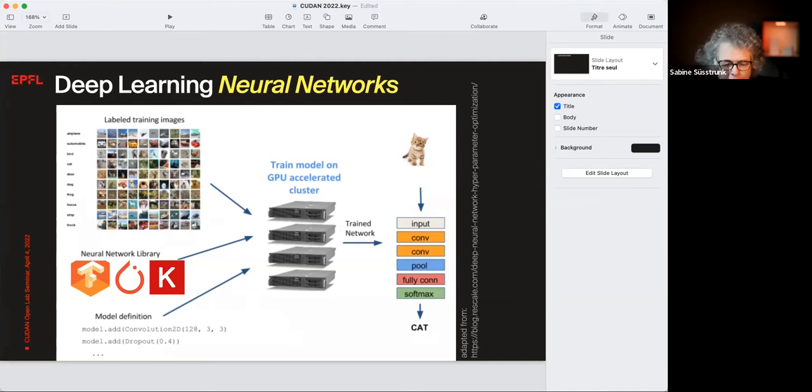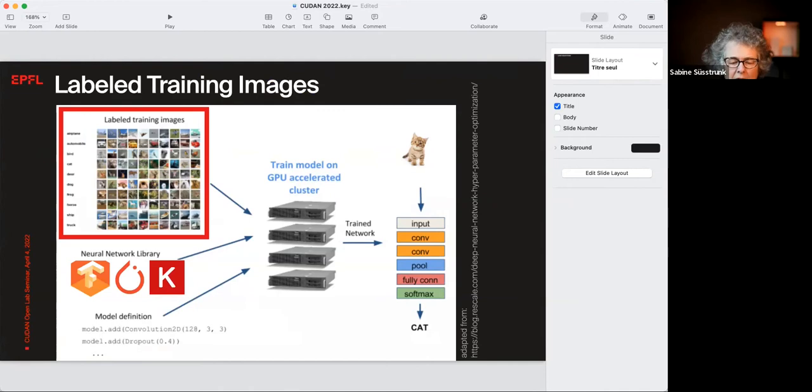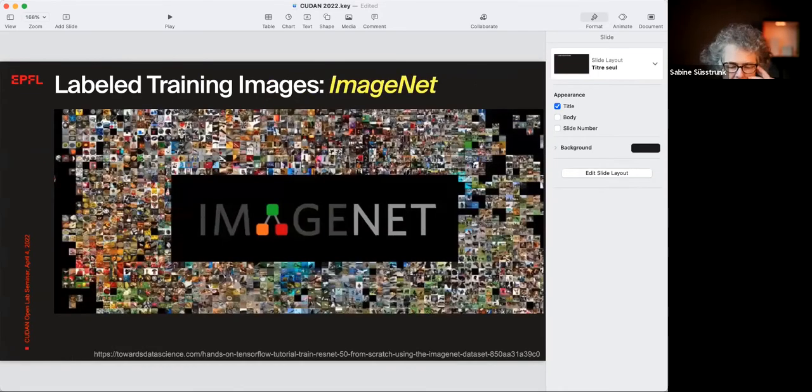So let's first look at these labeled training images. Here I'm going to come back to ImageNet. ImageNet is a very, very, very large image database that was basically collected by harvesting images on the web. It's over 14 million links. That doesn't mean that all the links can still be active, but they are links to images. And these images were chosen based on